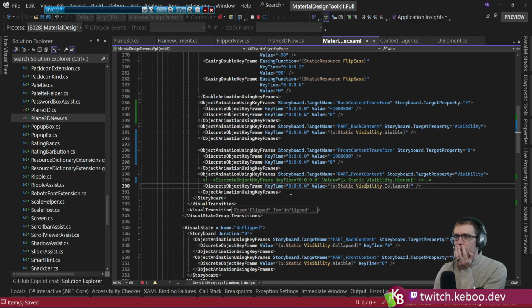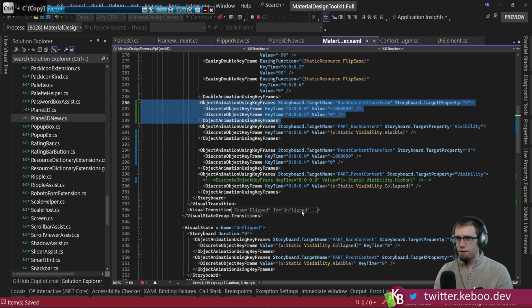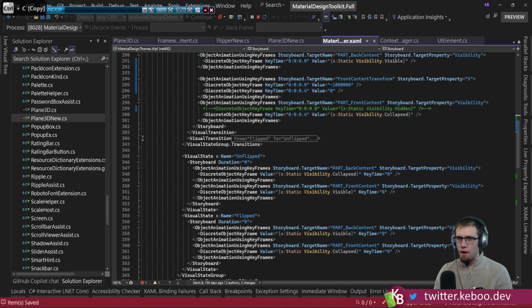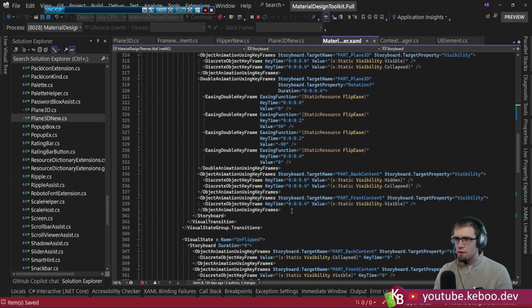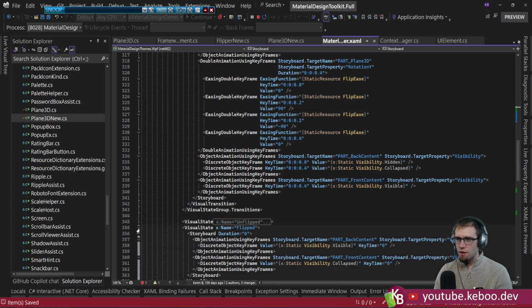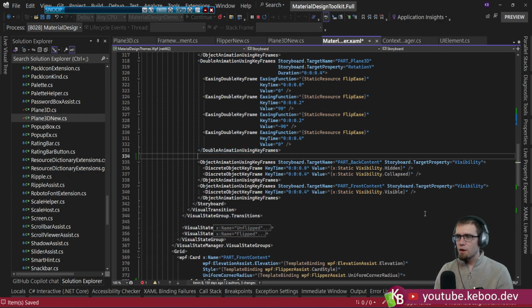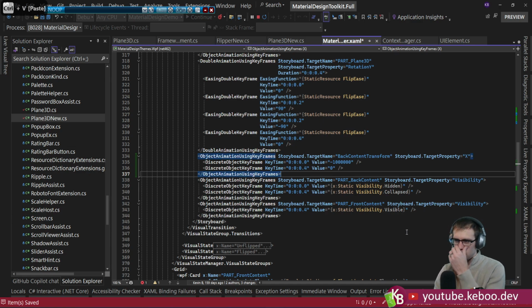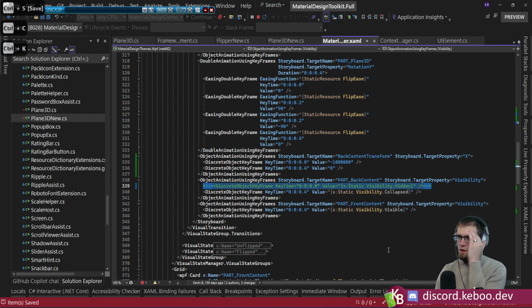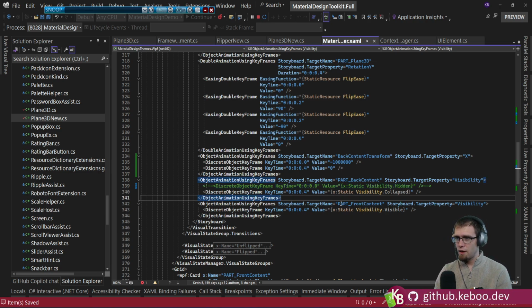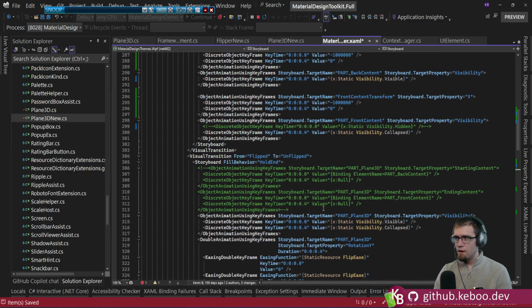Okay. Now I think we replicate this behavior down below on the other flip direction. So we're going to collapse these because I don't want to think about these too much. Okay, so we're going to do this one. So this is the guy that we need to invert, right? So he's going to go here. Once again, during the animation, both the content gets sent to La La Land area. And then